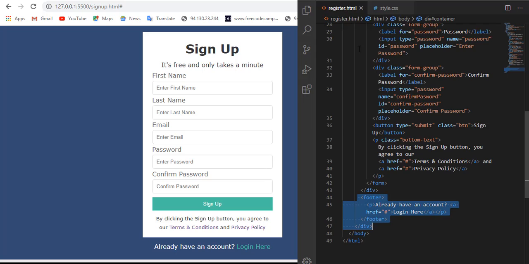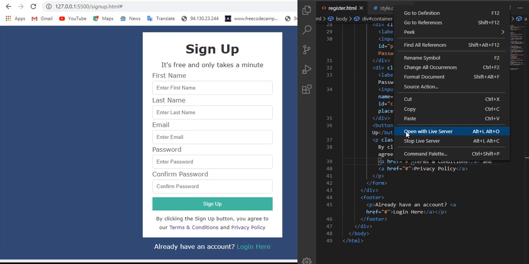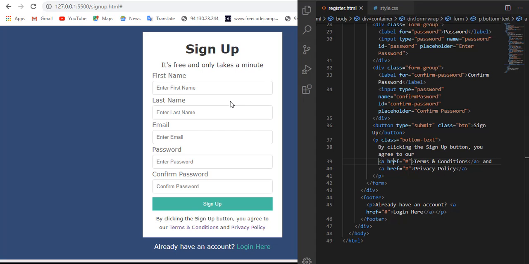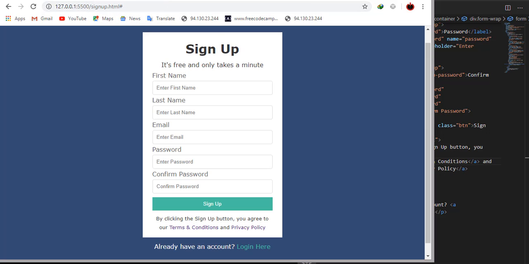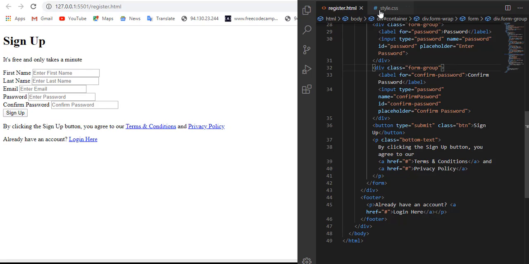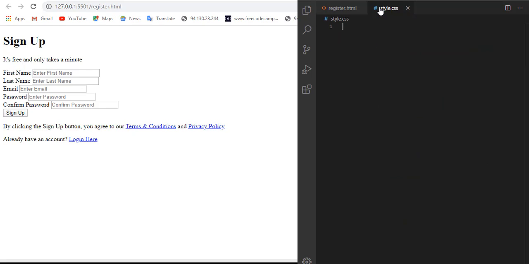So let us open with Live Server. So right click and open with Live Server. So you see it doesn't look good when you compare with this finished one. So let me dive in and let me start by resetting the browser defaults.